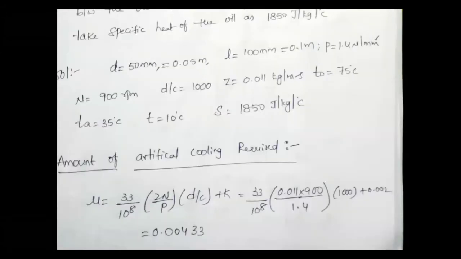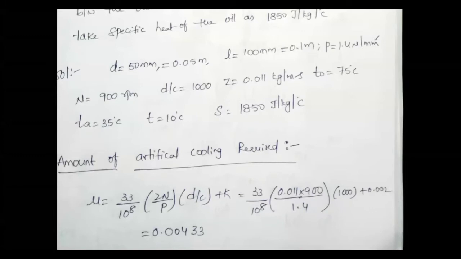So first thing is to calculate the coefficient of friction. You already know the formula of coefficient of friction from your given data book. Please verify in your data book where you are having the coefficient of friction. From there only you write down the formula. It is very easy for you to identify the formula and the terminology of the coefficient of friction. All these things are available if you look at your data book. Otherwise, it is difficult for you in your examination even to identify the terminology.